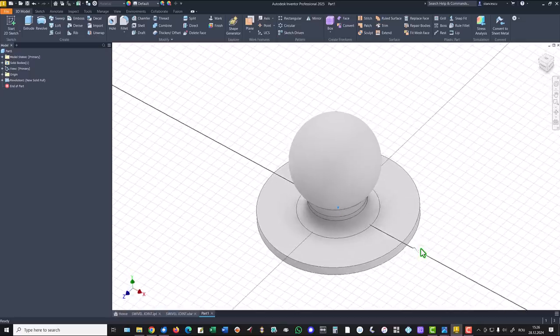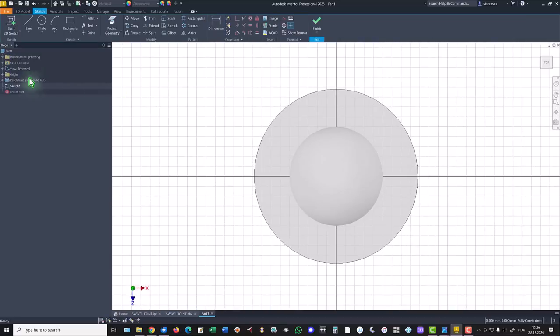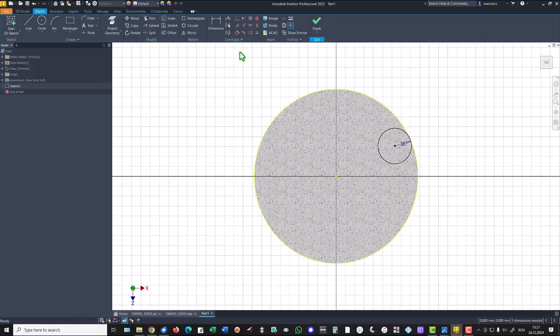I select this face, I apply a circle with a radius of 36, I project this circle, tangent between this and this, F7, I place on the same horizontal this center with a center point, another circle somewhere here equal to the first one, tangent